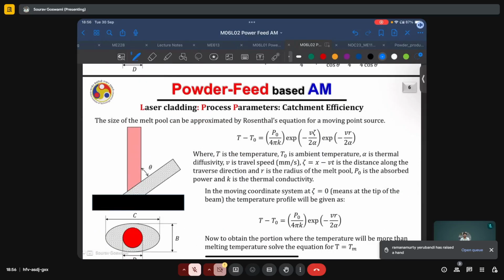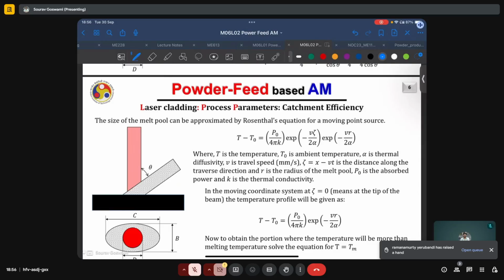But what about the size of the melt pool itself? Typically, it is measured by experiment, but for a simplified model, we can lean on the Rosenthal solution for a moving heat source to approximate the size of the melt pool. And here the temperature field is given as T equals T naught plus P naught by 4 pi k e power minus V zeta by 2 alpha e power minus VR by 2 alpha, where T is the temperature